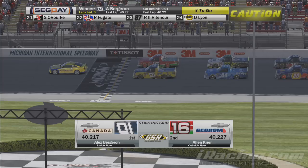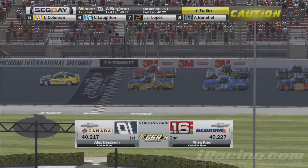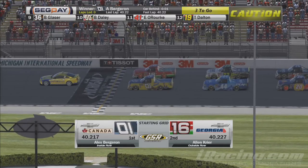But we get set, the clock has struck 0. It's time to get tonight's race, the Michigan 130, underway. 65 laps, the scheduled distance, and let's take a look at tonight's LSRTV starting grid. And on the pole, how about this? Alex Bergeron in the 01 with a